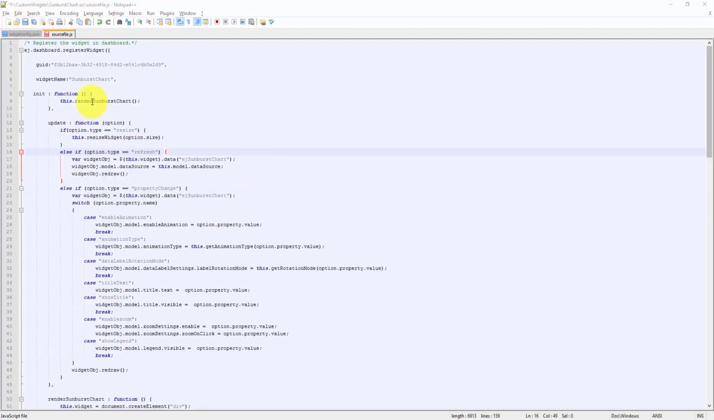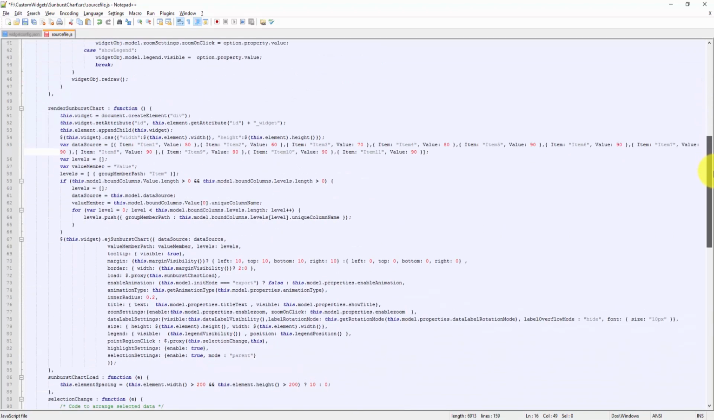I have configured the init and update functions now. In the init function, I have used the render Sunburst chart method to render the widget. Let us take a look at this method. This dot element is the container provided for the custom widget to render. You can get the parameters such as width and height from this dot element. All other requirements such as data source, the columns that are bound to the two areas such as value and